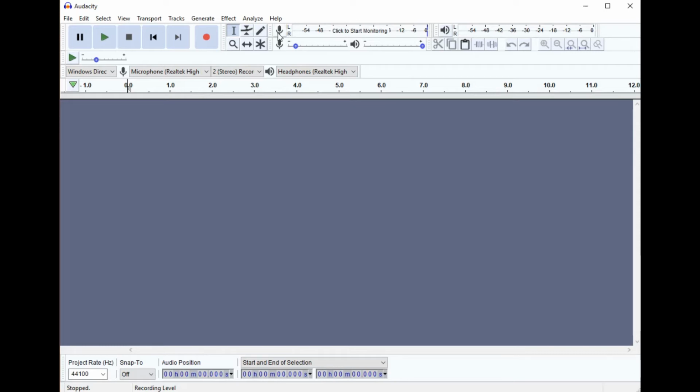There are drop down menus, 1, 2, 3, 4. Starting with the first one. Now this is where I can't tell you precisely what yours will look like because each computer is different, but you're likely to have a number of choices here, and there's a bit of experimentation needed to find the right setting when you're using a microphone and headset. So if I click on this drop down here, this is set to Windows Direct. As I mentioned, I'm already using a Windows machine, and there are 3 choices there, and Windows Direct is the one I need here, but just to give you an idea what that's all about,